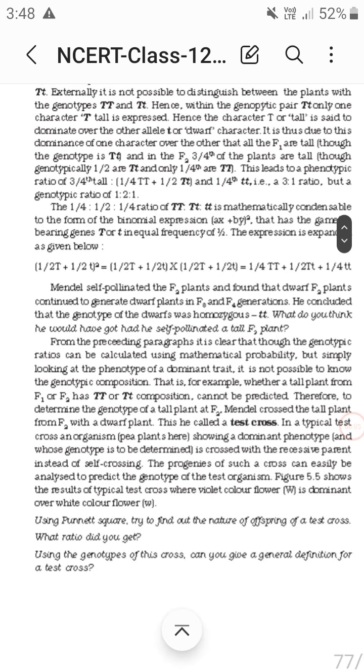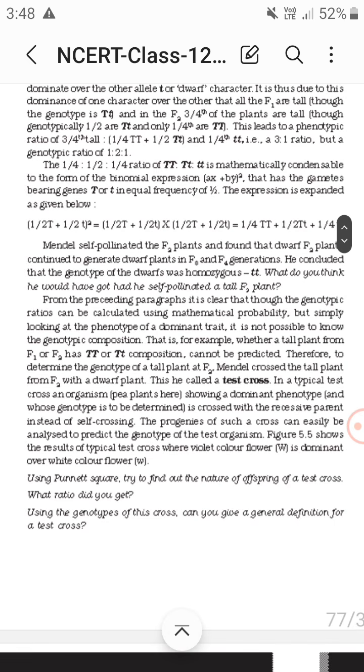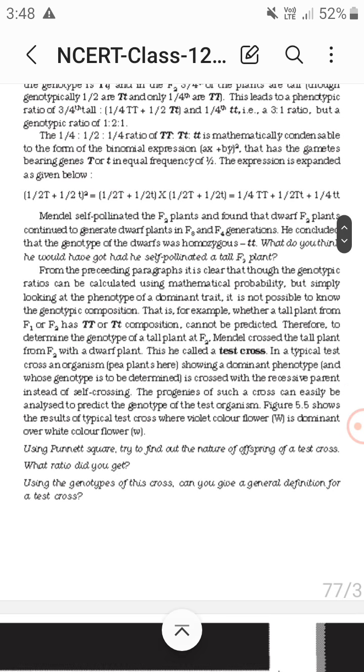And so was the monohybrid cross. The monohybrid is the result of the monohybrid cross. Now the test cross. What type of genotype? The dominant genotype. We want to know the dominant genotype, showing a dominant phenotype and whose genotype is to be determined. So we want to know the genotype of the dominant phenotype as a result in